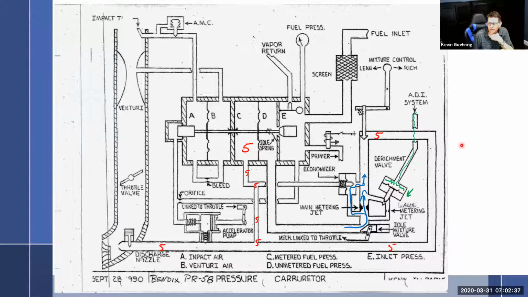All right, so let me think. That is all of that stuff. Idle mixture. The only thing we really haven't talked about here, and I don't really get into the primer system, but it's just a solenoid that opens it up, and I'm not going to worry about that with you now. Okay, we have this accelerator pump, and this is kind of a goofy little thing, and it really tricks people up. But again, this just has to be something that you will get used to. You're going to get experience with reading these things, and you'll figure it out.